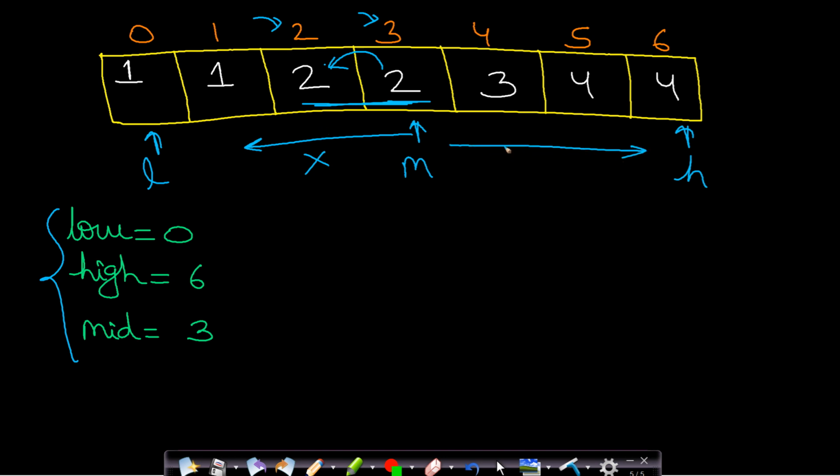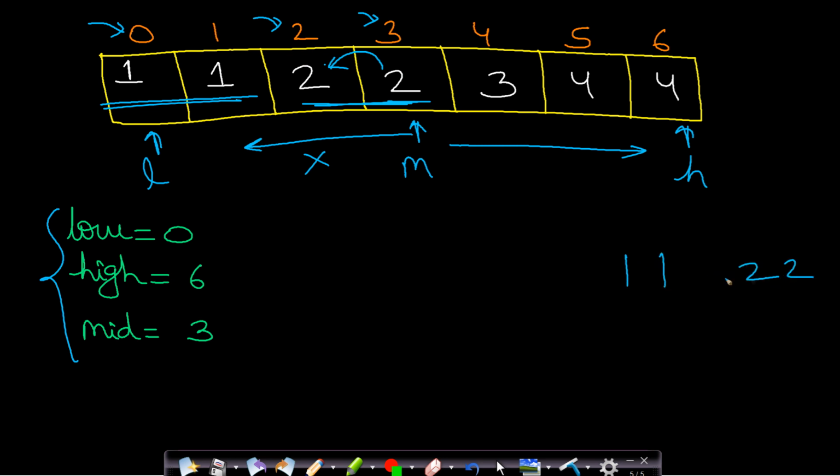And why is this true? Because the odd element is only a single element. Okay, so if it occurs on the left hand side, then it will disrupt the order. What was the order from the beginning? The order from the beginning was the pair will always start at an even index and will end at an odd index. So if you fit a single element in this order, then let us say you fit this 3 in between this 1 and 2, so what will be your order?